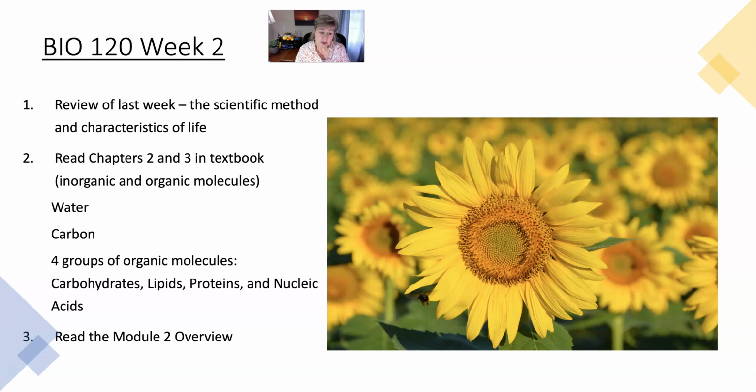You're going to learn about the 4 groups of organic molecules, and remember, organic just means of organisms. All organic molecules have at least 2 elements, carbon and hydrogen, and the most simple organic molecule is methane, CH4, so 1 carbon and 4 hydrogens. That's the most basic organic molecule, but there are lots of others. Like I just said, if you have a carbon backbone, you can have very complex molecules.